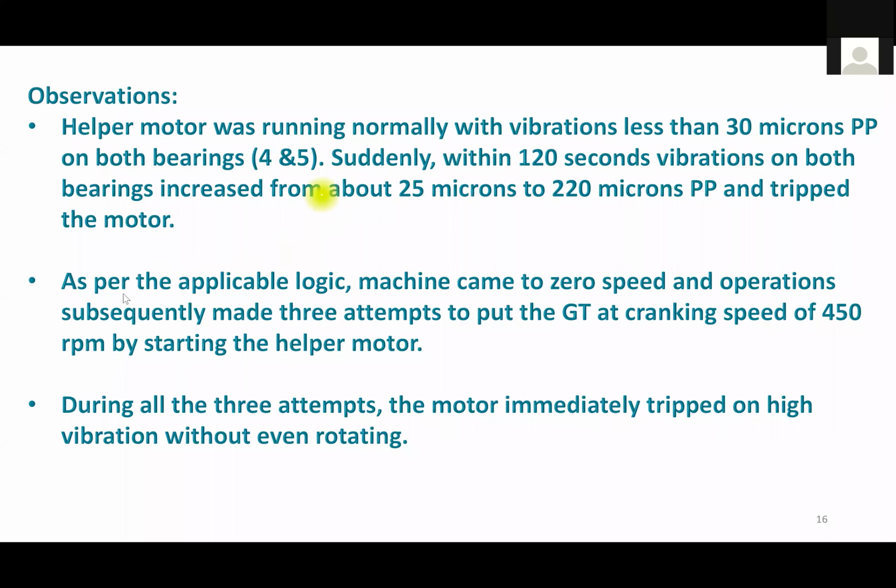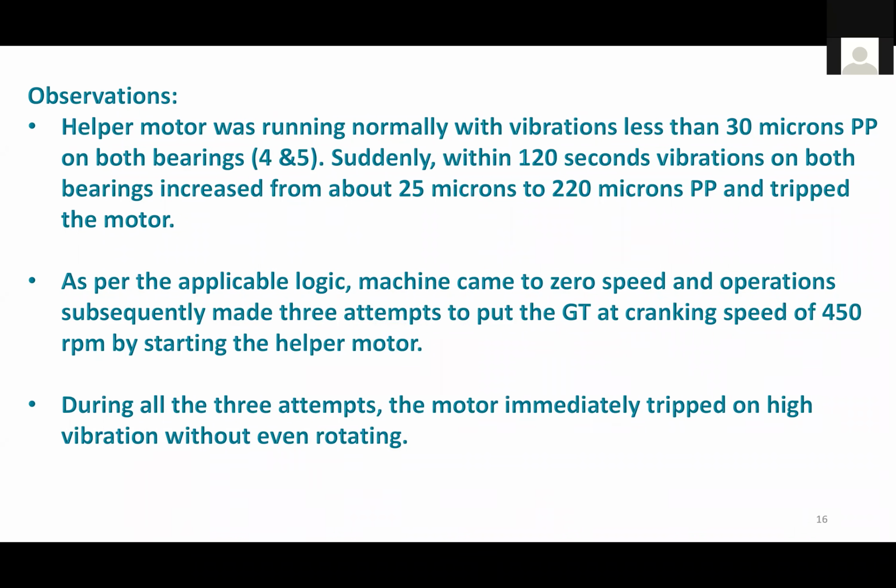Once this machine trips, as per the trip logic, the machine comes to 0 speed. And then it lies there for a few minutes, around 10 or 12 minutes if I remember, before the machine is put on cranking. During the 10 minutes, because it comes to 0 speed, and this is a large turbine, a 120 megawatt gas turbine, a lot of heat input is there. When the rotor is lying idle for 10 minutes, there will be a thermal sag in the rotor. And then once the cranking is done, it will come to 450 RPM. The cranking will be done at 450 RPM, and after 35 minutes, the rotor will straighten. So that was the normal thing.